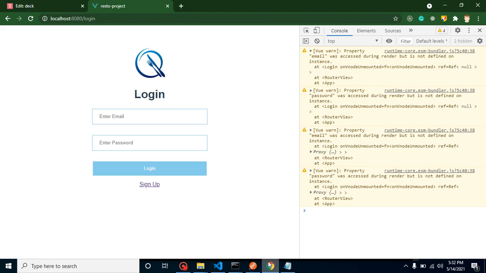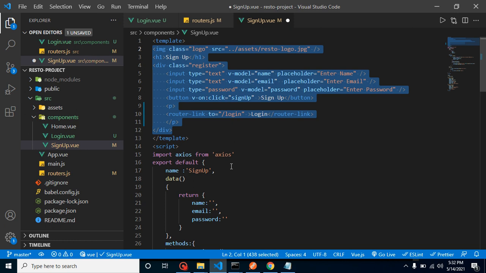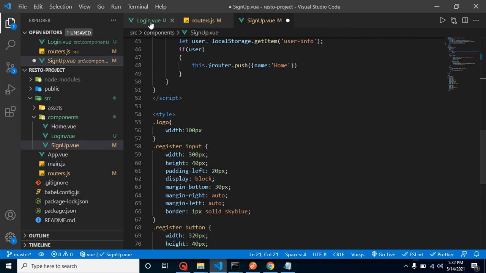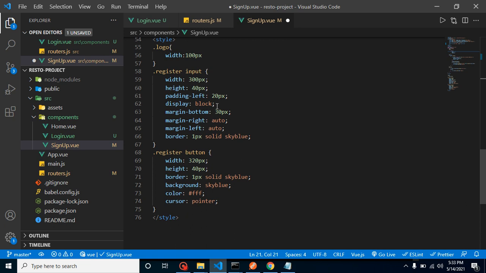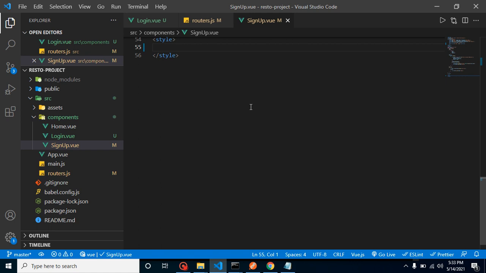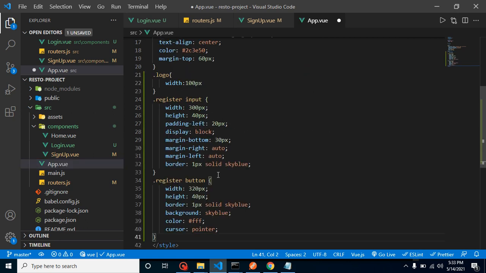So now one more thing is how this login page gets styled, because we did not add any style in the login page. It automatically catches the style from global CSS, and global CSS includes the sign up page CSS also, right? This is not a good way, because in sign up we have some style and this is applying on the login page. So what we can do is cut the CSS from here and add it in the parent component of both, which is app. So let me add a style here.